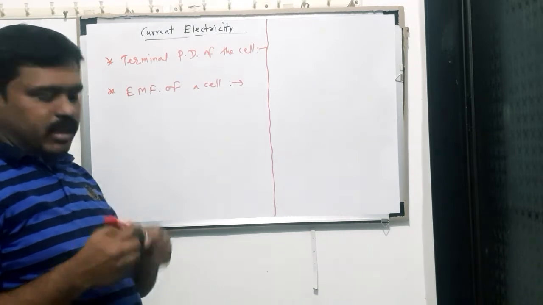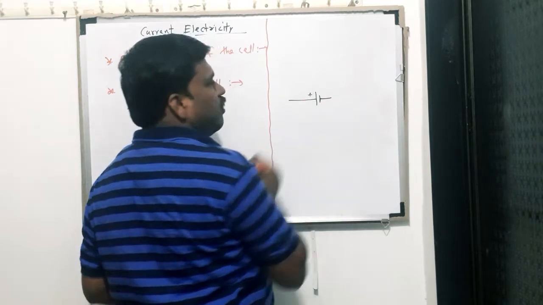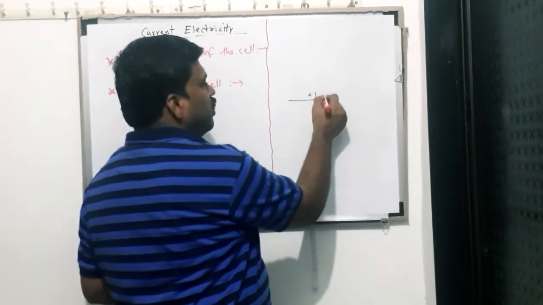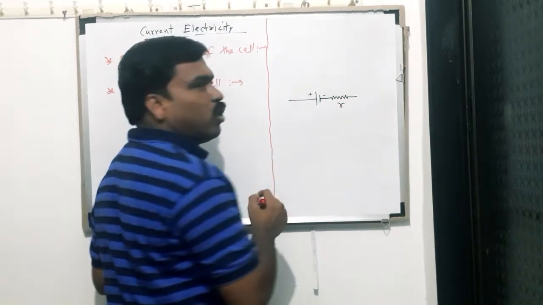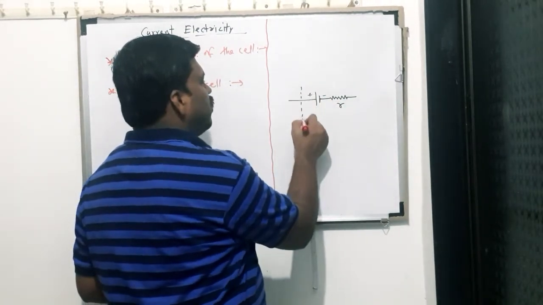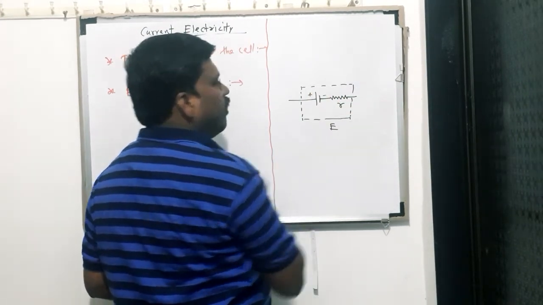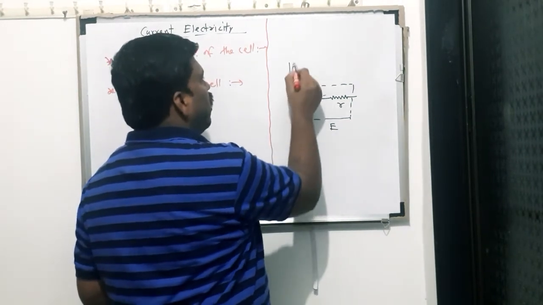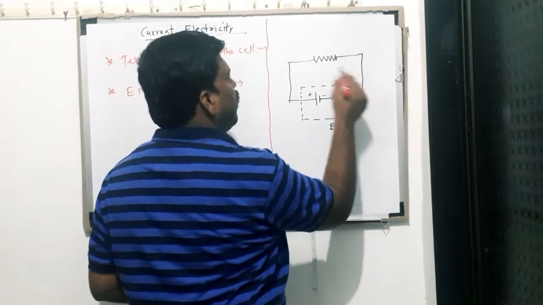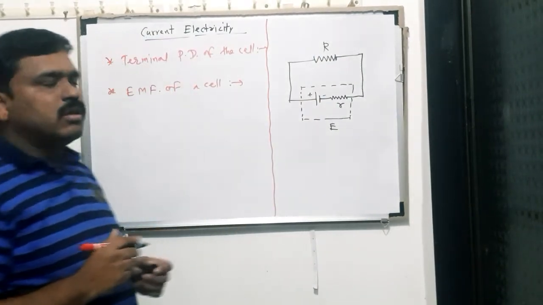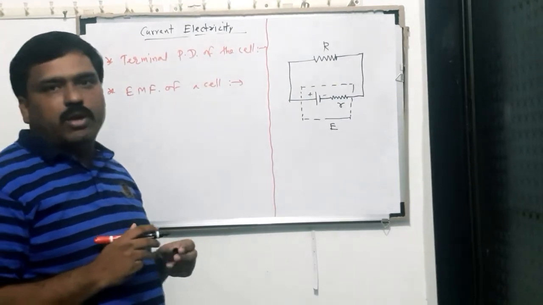तर या डिफाइन करण्यासाठी आपण एक सर्किट या ठिकाणी ड्रॉ करूया. This is the battery which has positive terminal, this is negative terminal. This has the internal resistance small r, आणि ही जी काही टोटल अरेंजमेंट आहे, this is the battery of EMF E. Across it a resistance, the external resistance, capital R is connected. The first definition आपल्याला पाहिजे terminal PD of the cell.